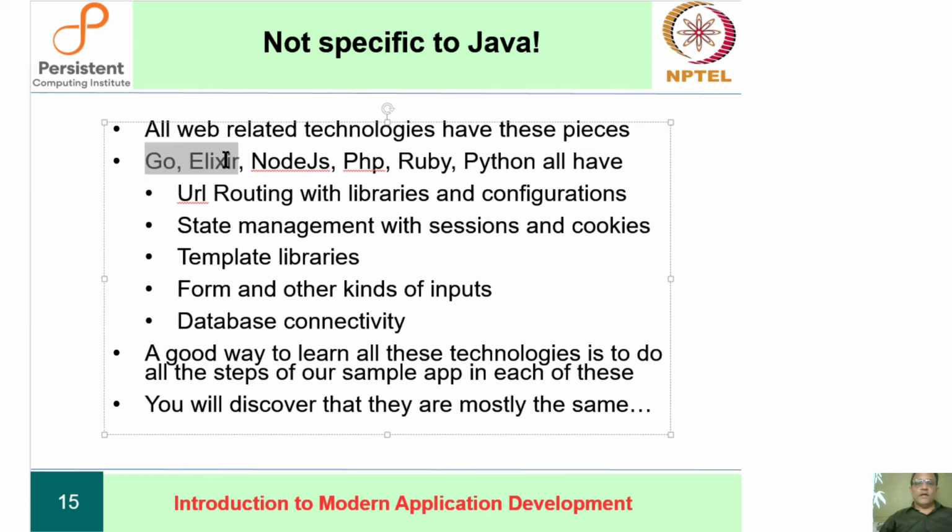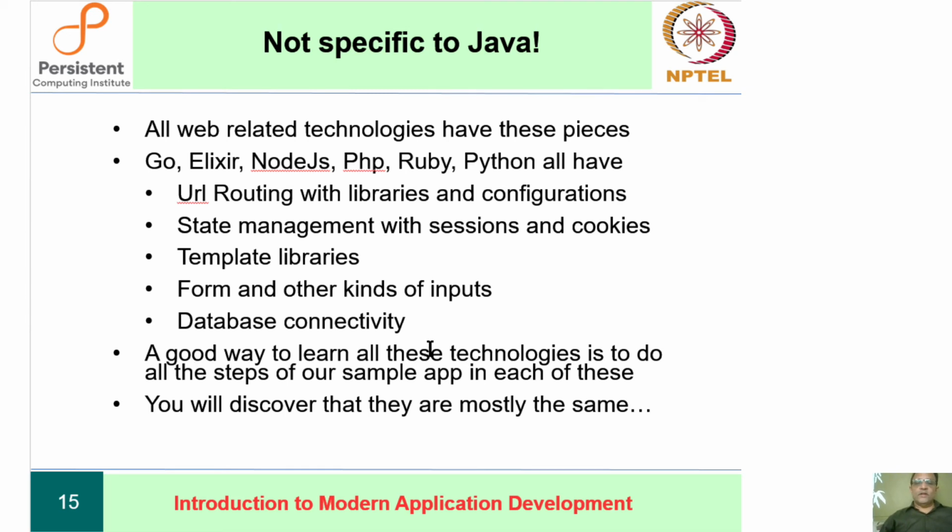So all the ultra modern things like Go and Elixir, and even the not so ultra modern things like Node.js and PHP, Ruby, Python, etc., all of them have URL routing with libraries and configurations, state management with sessions and cookies, template libraries, forms and other kinds of input, database connectivity, and so on.